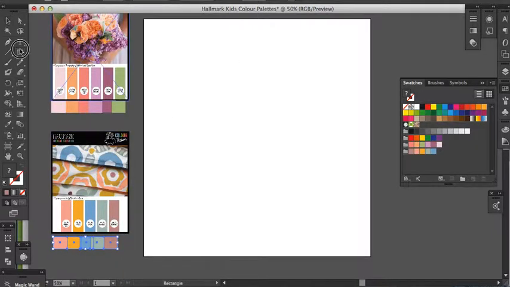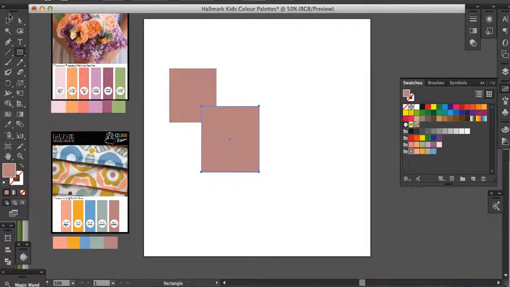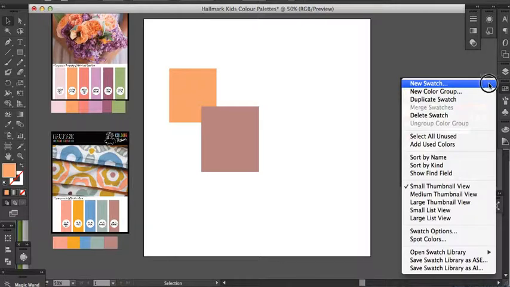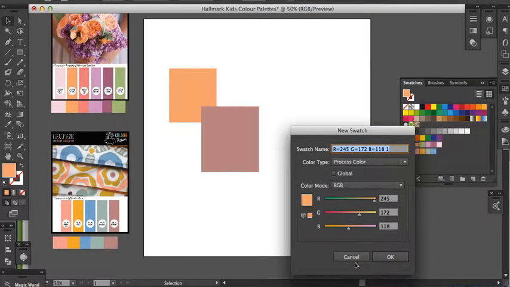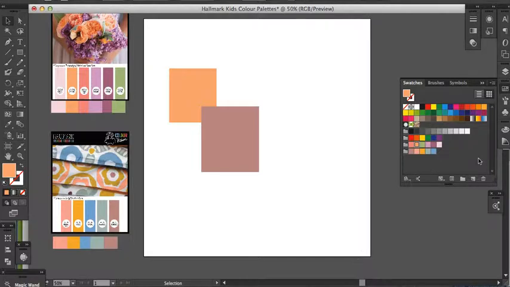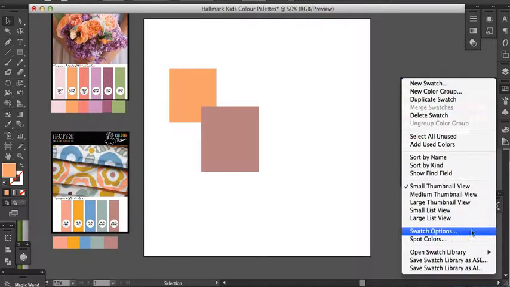So now, anything I want to do, I've got these colours available for me. And the other thing to do, because if you were to close this and open a new Illustrator file, these swatches wouldn't be here, so you need to save it. So save swatch library as ASE,